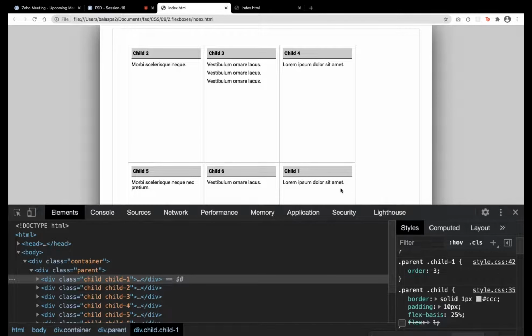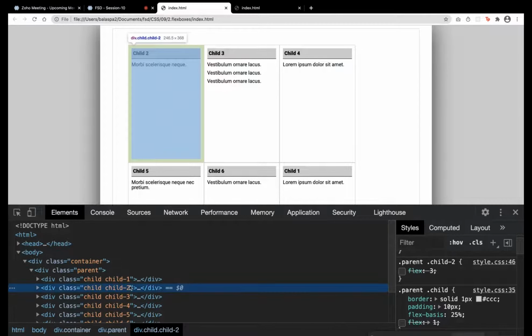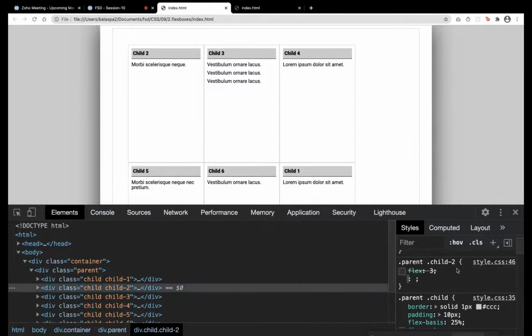Here it went to the last, because basically what it means is these five things have an order of 0, and this one has an order of 3. So which is higher? 3 is higher. So this will take the last place, and these are all on the same phase. So for child 2, what I'm giving is order 2.